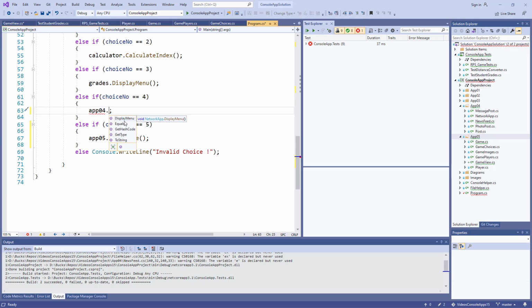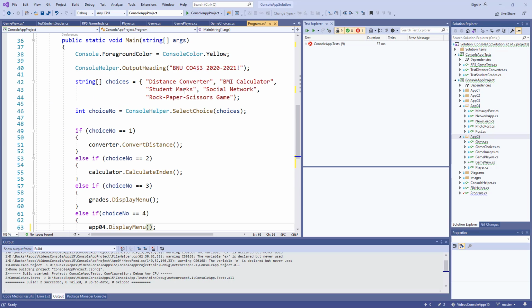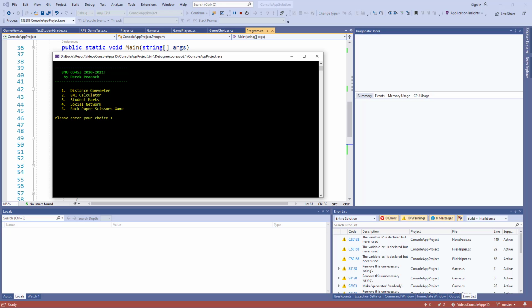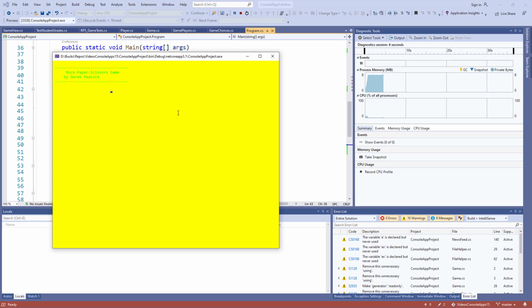App 04 had a display menu, and so did the grades one. Okay, but hopefully now we have got 5 choices. Yes, it's in the choices list, so hopefully we can get to it now. So if I go to 5, yes,